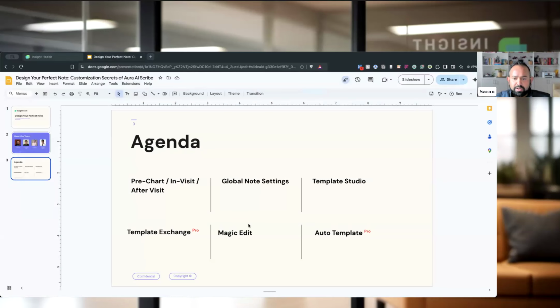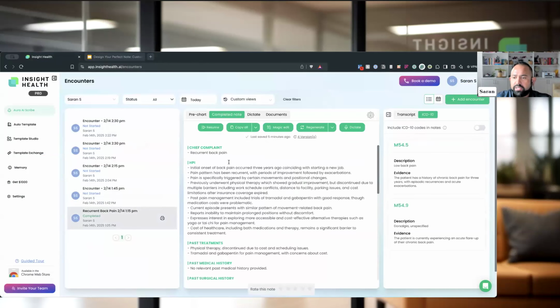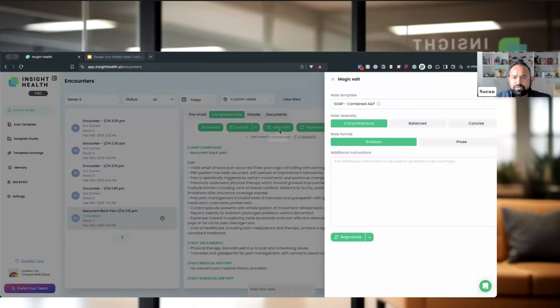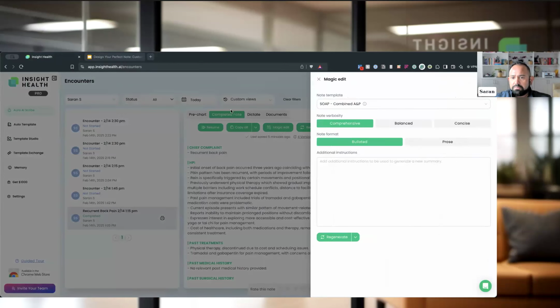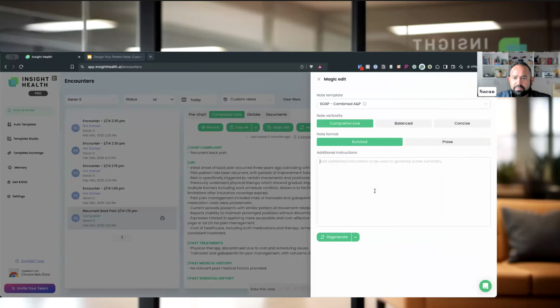All right, moving on, Magic Edit. So we saw before one feature, what you can do with Magic Edit by regenerating an existing node using a new template. And Magic Edit has a few more features. One of the other main features is additional instructions. For a generated node, you can provide some additional instructions in Magic Edit, and you can regenerate it